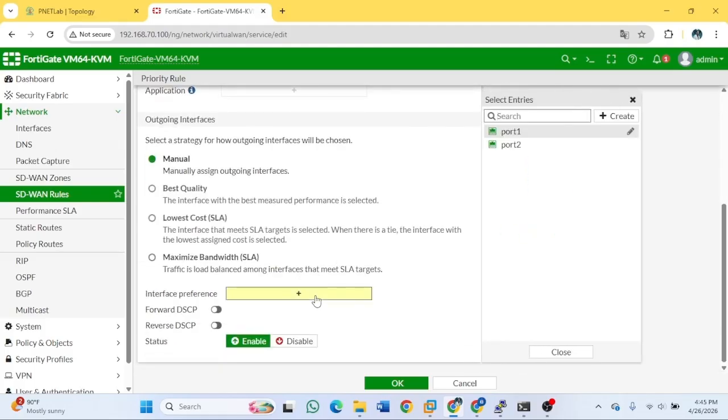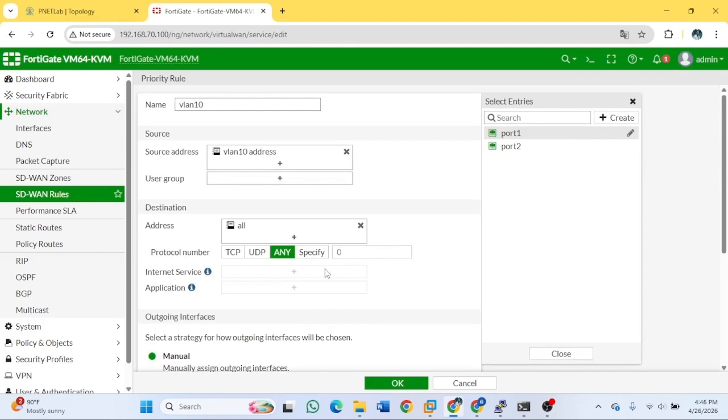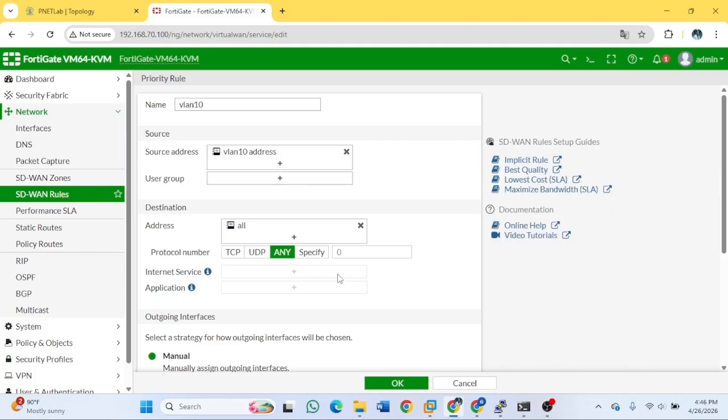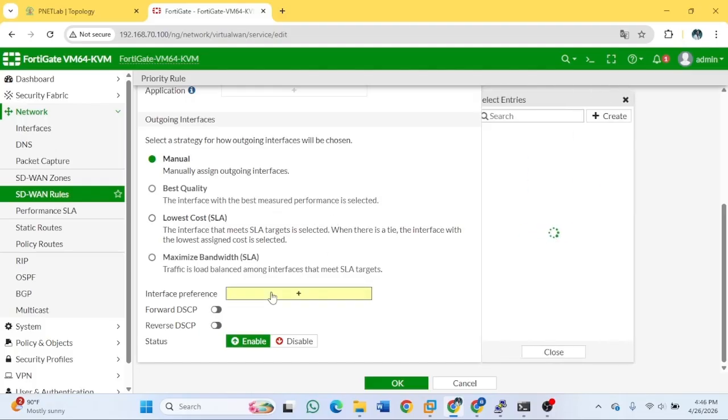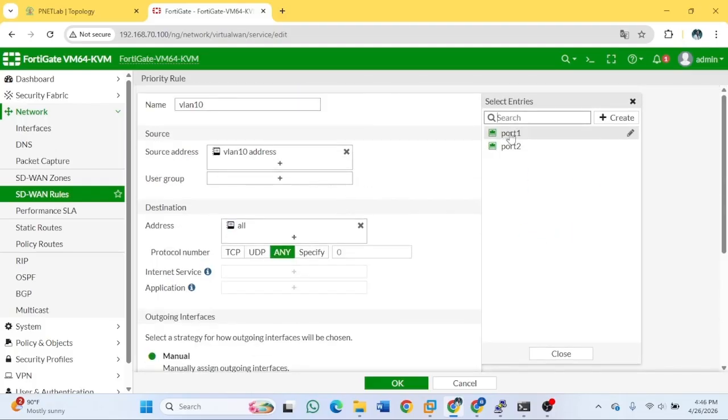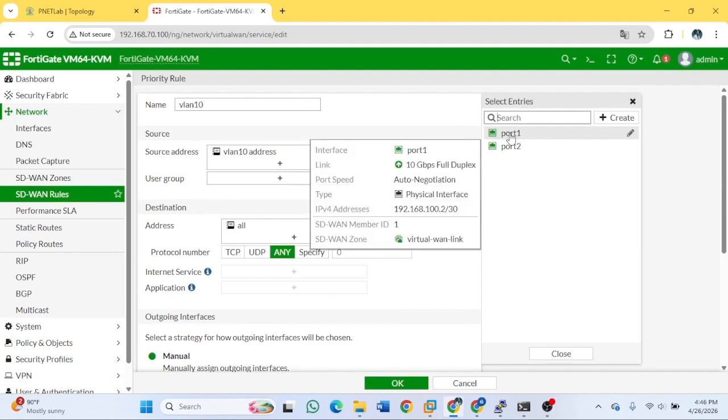After that the interface preference is port number 1. Wait, I want to check. Yes, that's port number 1. Okay, click OK.